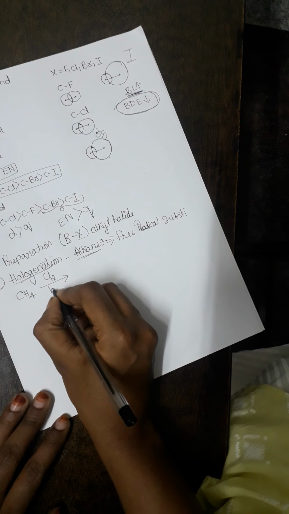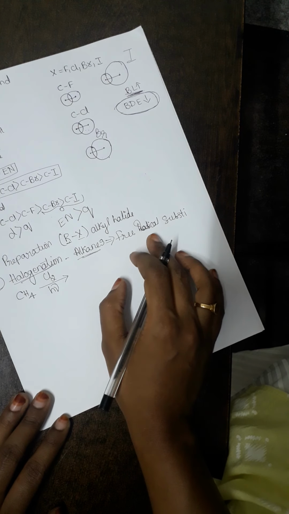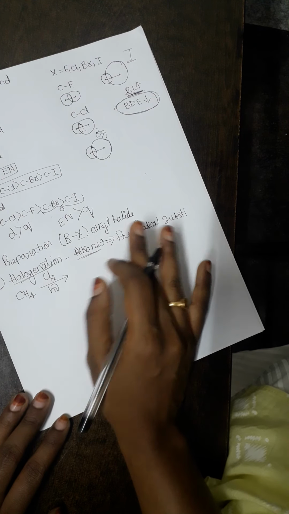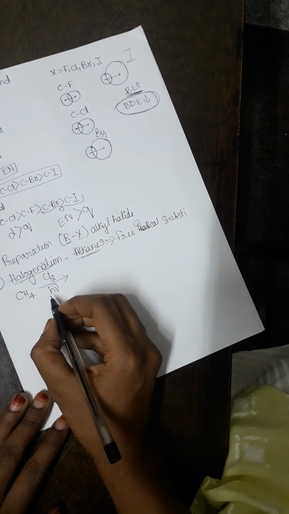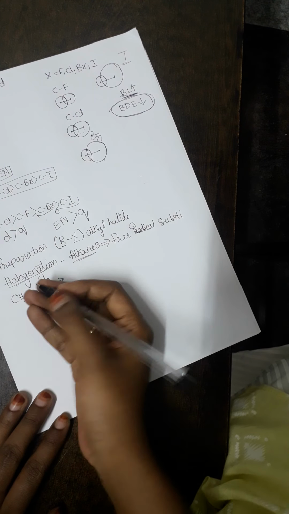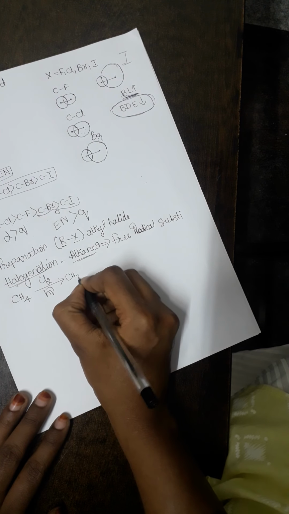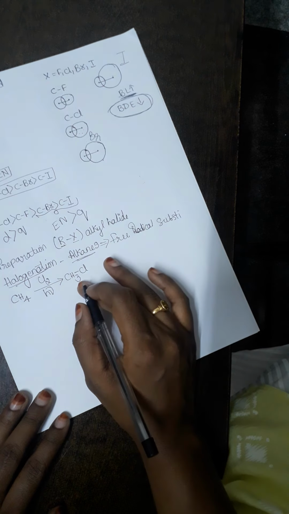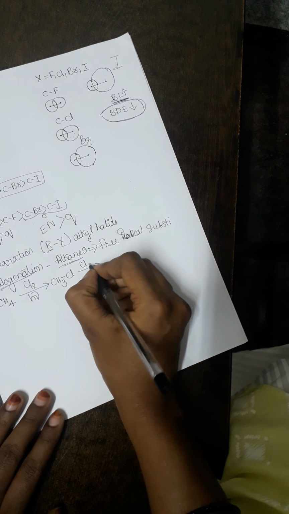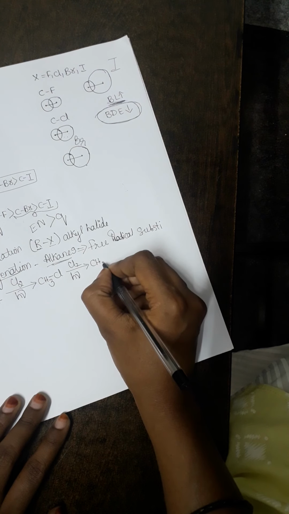Now we have to expose this to diffused sunlight because it has to undergo free radical substitution. Free radical substitutions undergo homolytic cleavage, and to have homolytic cleavage, the necessary conditions have to be maintained. Therefore h nu is very, very important. Now what will happen? Very simple reaction. One hydrogen will be removed and replaced with one halogen. I'll end up with CH3Cl, which is called methyl chloride. The reaction does not stop here. Further it will proceed under the same condition, and I'll end up with a higher substituted alkane.